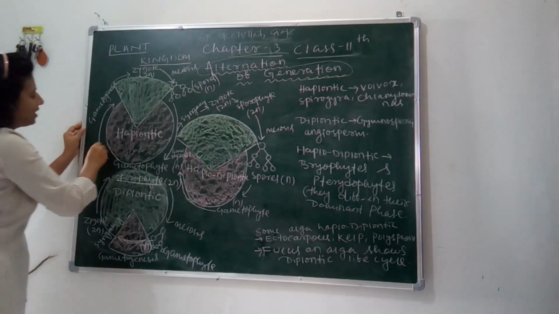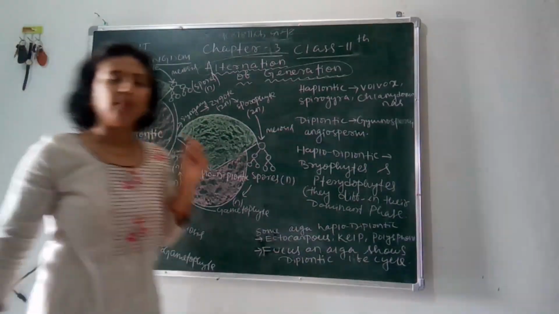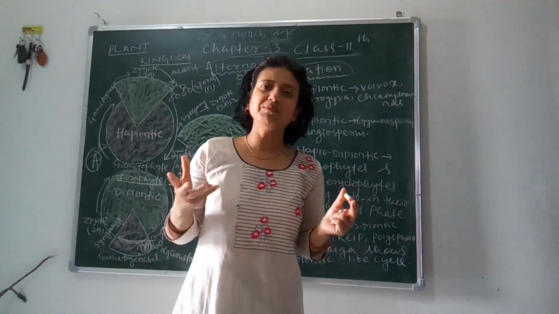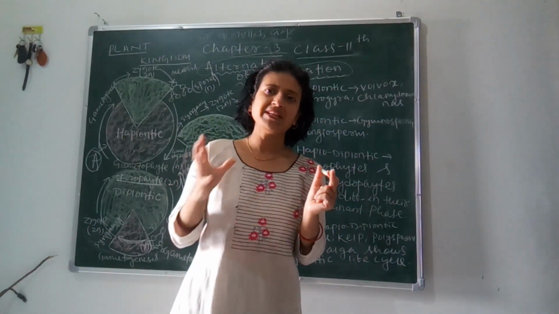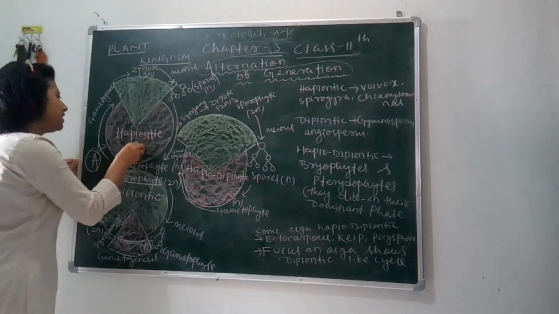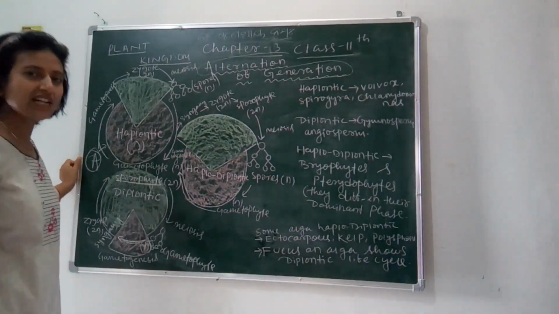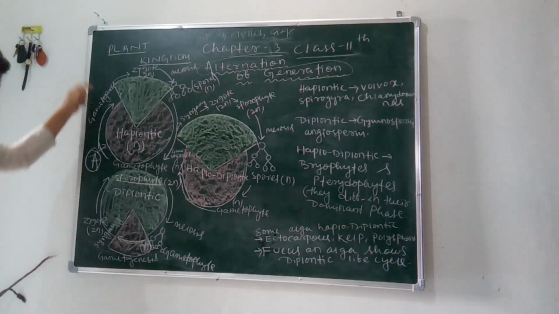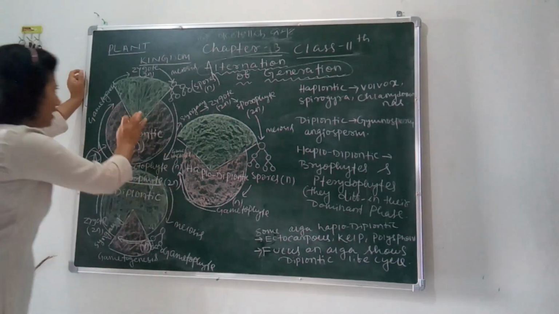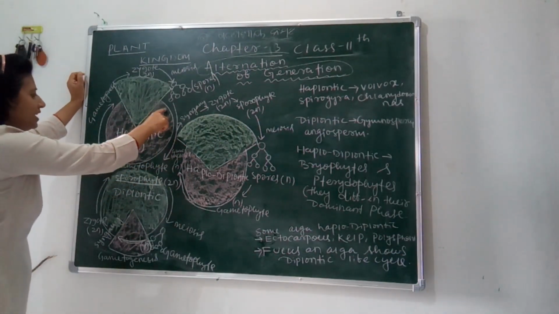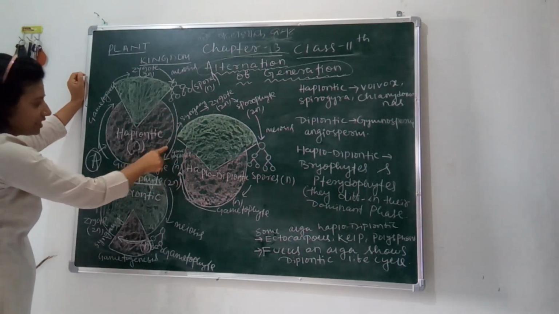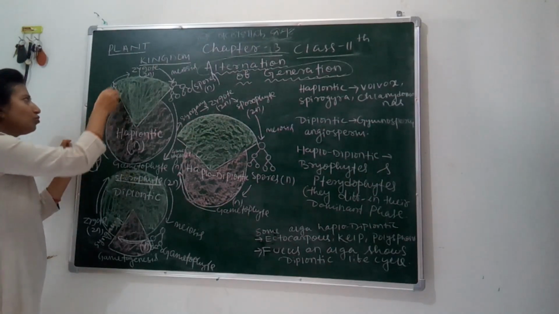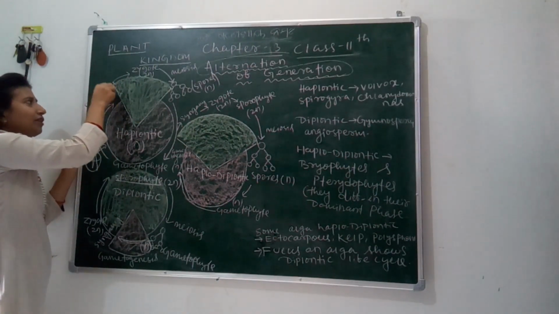This diagram represents your haplontic life cycle. Haplontic life cycle means when the organism spends the majority of its life through the haplontic phase, means the N phase, which contains half the number of chromosomes compared to the parent or sporophyte. So here you can see the parent body is haploid. Through gametogenesis it forms gametophyte. Again the gametophyte goes through gametogenesis and formation of gametes occurs.